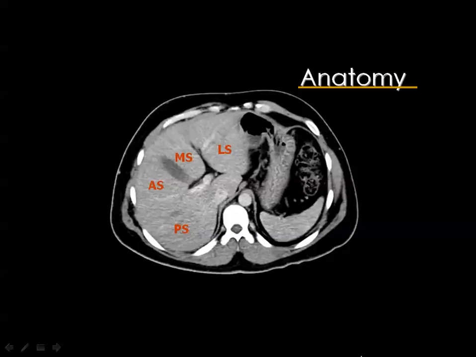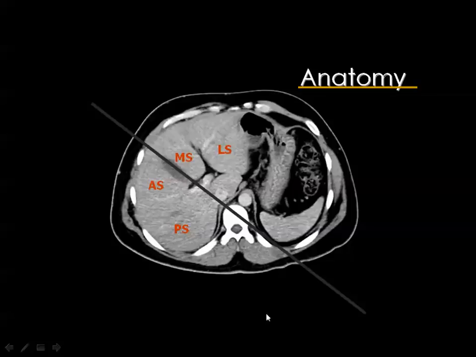You know that the liver is divided into two lobes by a line joining the IVC to the gallbladder, like this one. And here is the left lobe, and this is the right lobe. And the left lobe is further divided into two segments, the lateral segment and the medial segment, by the fissure for ligamentum teres. The lateral segment is away from the liver, and the medial segment is close to the rest